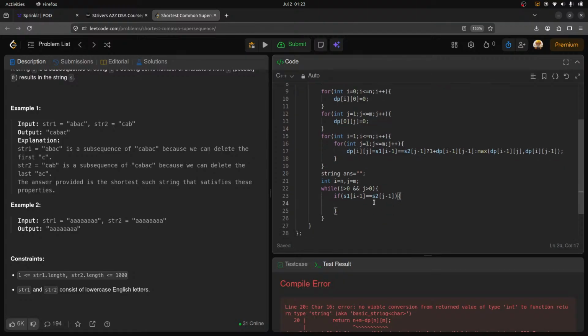So if I see that they are equal, then I'm also going to push back s of i minus 1, right? And i minus, j minus,